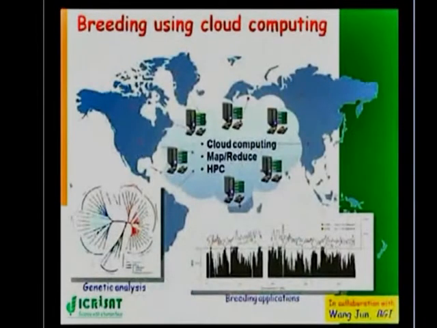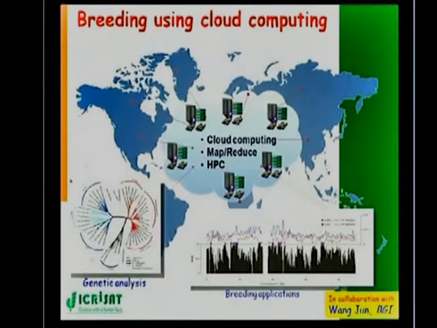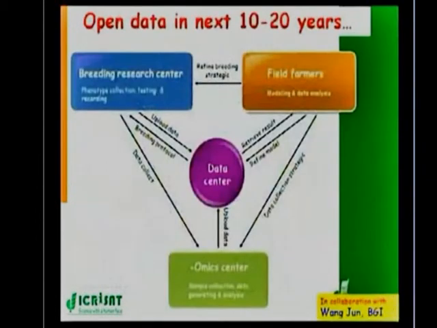So basically, we think that in the next few years, if we can follow this model, then this needs to be at the global level, and you can have different data centers and a global data center. Breeders, geneticists or genomics specialists who have generated information at one place, like North America, can have it used by breeders in, for instance, Sub-Saharan Africa. So we need to have this global breeding, and we can do this by putting all these data out as open data.